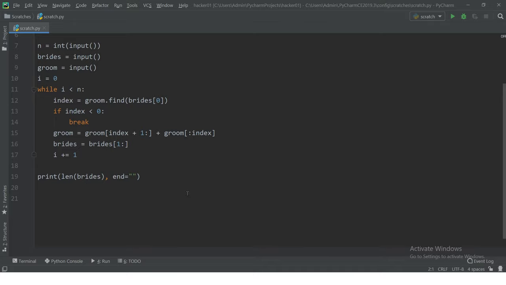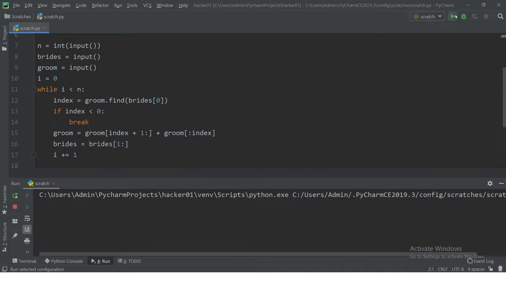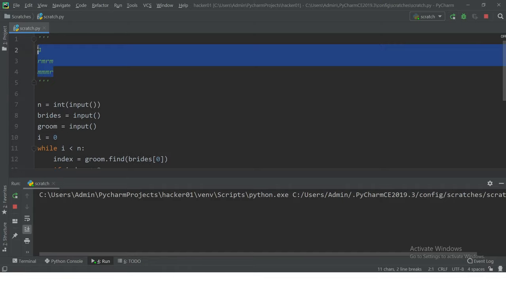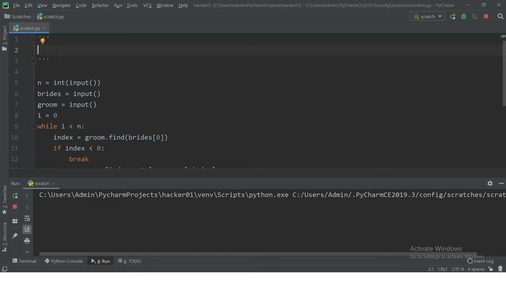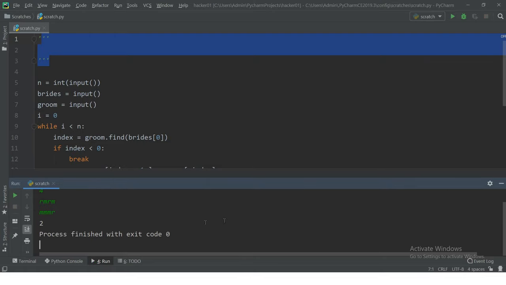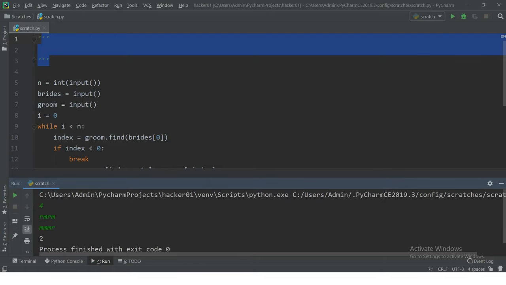So this is our program, right? We'll just run it now. We have to give input, which will be this one. Let's see what output we get. Okay, the output was 2 as we have seen, and it passes all test cases in Mockvita.